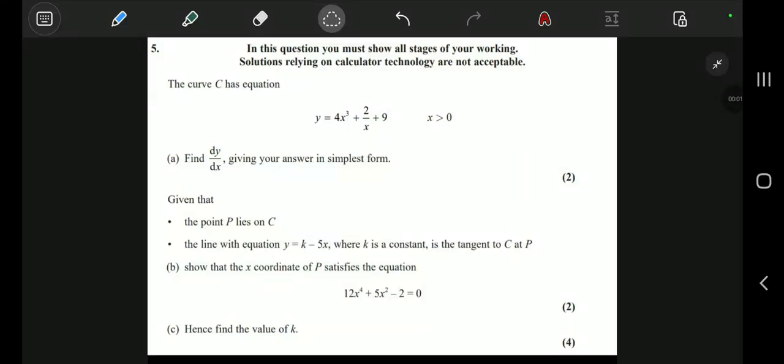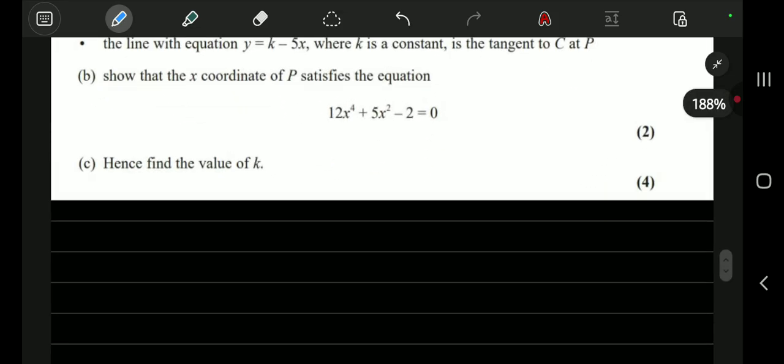Question 5. The curve has an equation y equals 4x cubed plus 2 over x plus 9, where x is greater than 0. Find dy by dx, giving your answer in simplest form. So this is simply finding the derivative of y with respect to x. The curve equation is y equals 4x cubed plus 2 over x